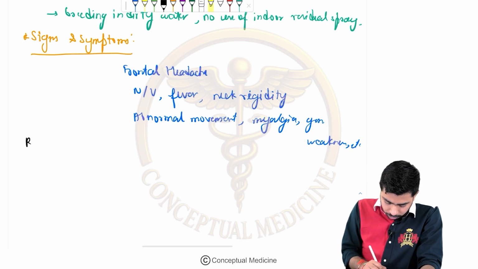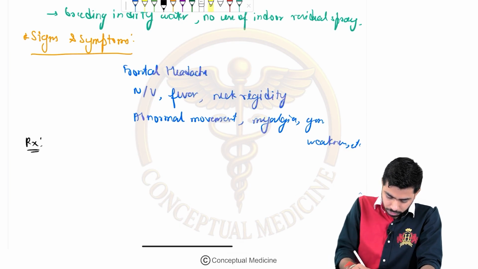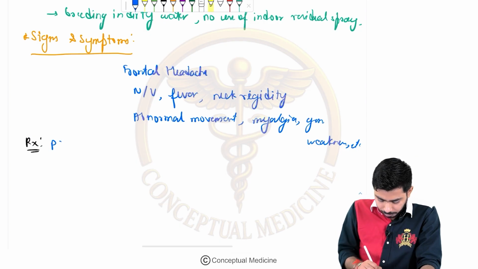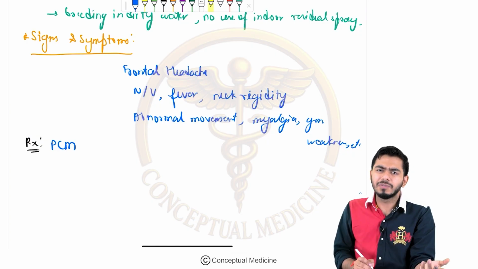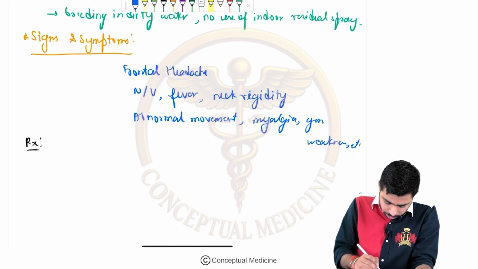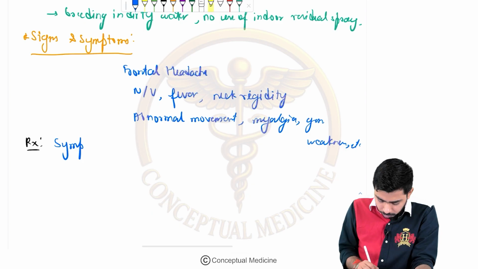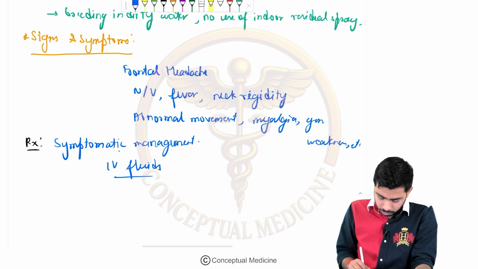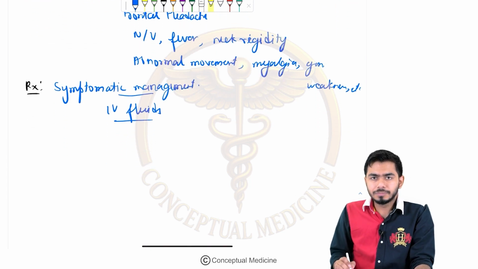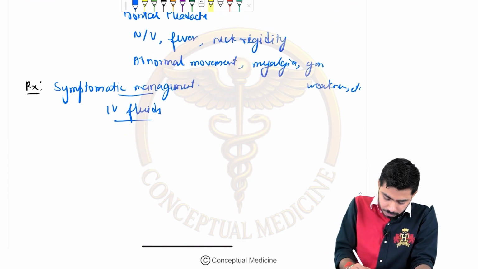What could be the treatment? What could be the treatment modality over here? How can you treat this patient? You will be giving symptomatic management: paracetamol for the fever, and IV fluid resuscitation to the patient, right? Symptomatic management you will be doing, right? Give IV fluids for the dehydration part. IV fluids for the resuscitation, IV fluids for the dehydration part, okay? So this is for the treatment purpose, for the management purpose.